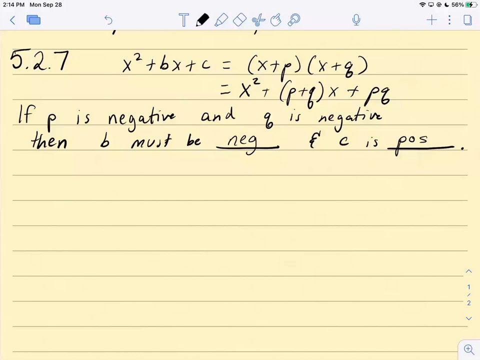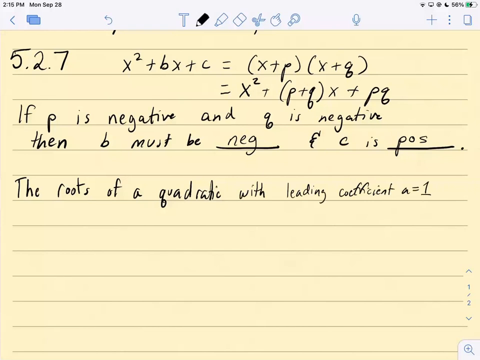If somebody ever tells you that the roots of a quadratic, this is a parabola, the roots of a quadratic with leading coefficient a equal to 1, so this is like 1x squared, are a and b,